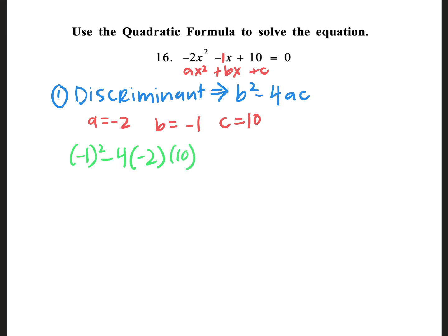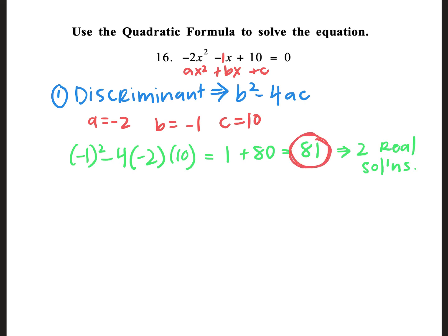If I square -1, I get a +1. -4 times -2 gives me a +8, and then 8 times 10 gives me 80. My last step, we're doing 1 plus 80, which gives me 81. This is a positive number, so that tells me there's going to be 2 real solutions, which is great. I should have 2 answers in the end, but we are still going to use this number